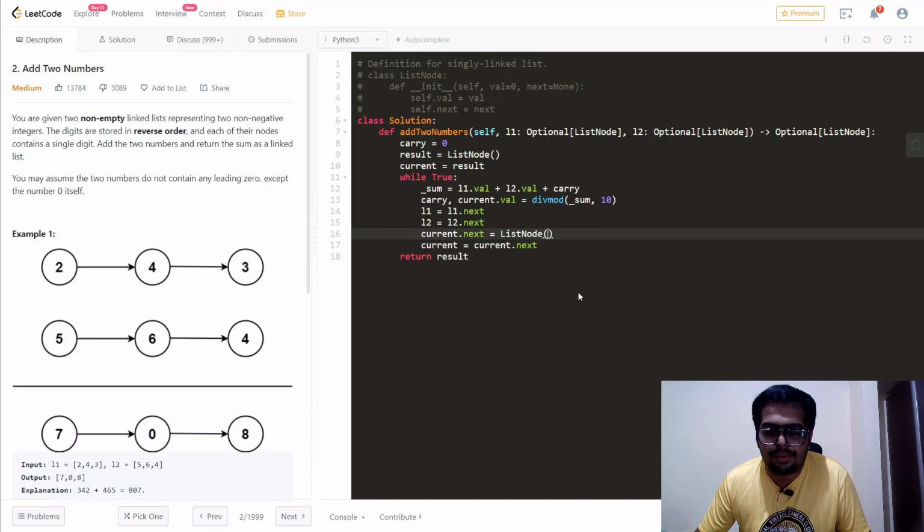Now this is a generic code, but this code will surely fail on the edge cases where the lists are ending or some other edge cases. So let's try to see what the edge cases are here. If we are given this problem, 2, 4, 3 and 5, 6, 4, for the first iteration we will